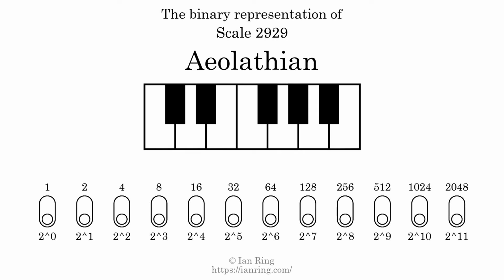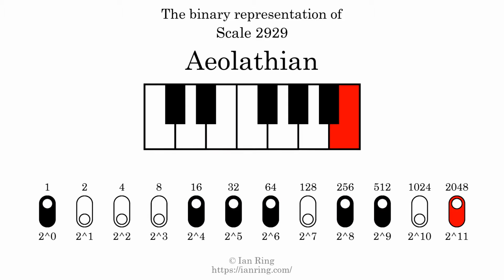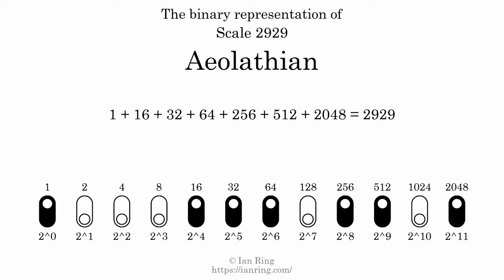The binary representation of this scale is determined by mapping tones of the scale to binary digits. Each binary digit represents a power of 2. To get the scale number, we add the powers of 2 together. The powers of 2 that are present in the scale, all added together, equals 2929. That is why the scale number, in decimal, is 2929. The scale number not only enumerates the scale with a unique index, but it also literally describes the tonal content of the scale. Represented as a binary number in base 2, the scale number is